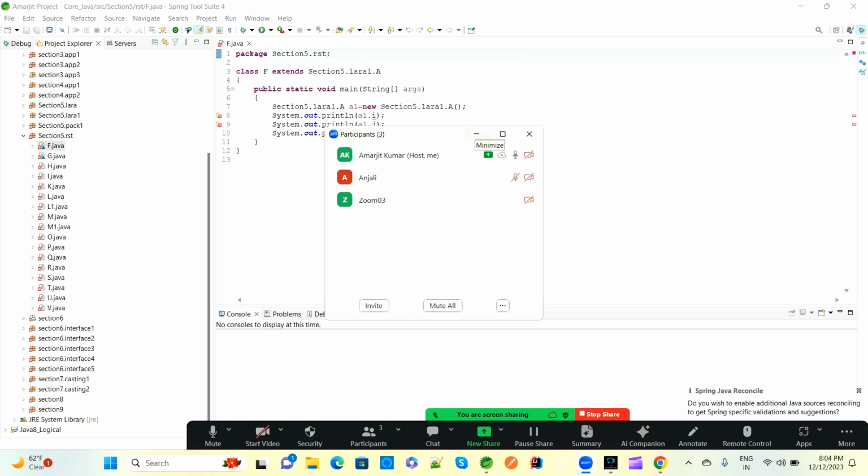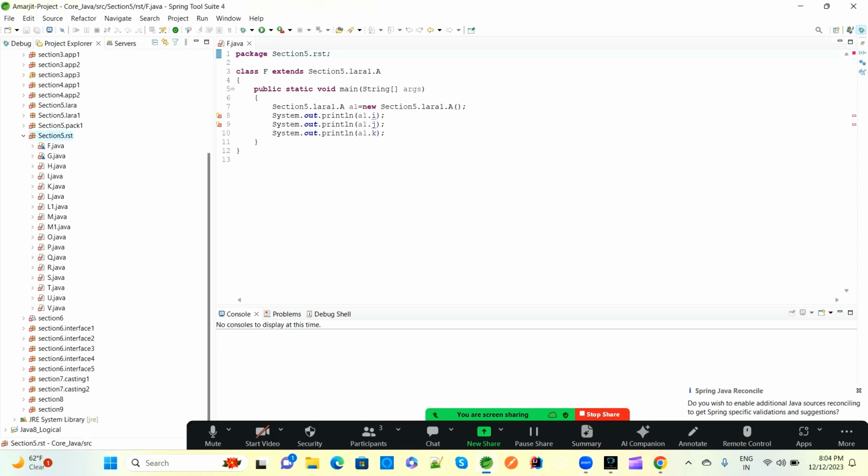So yesterday I started packaging and access modifiers. One module was remaining, the RST module, section 5. So we will continue this one, and after that we'll go for section 6, that is interface and abstract. So here in section 5, the first program is